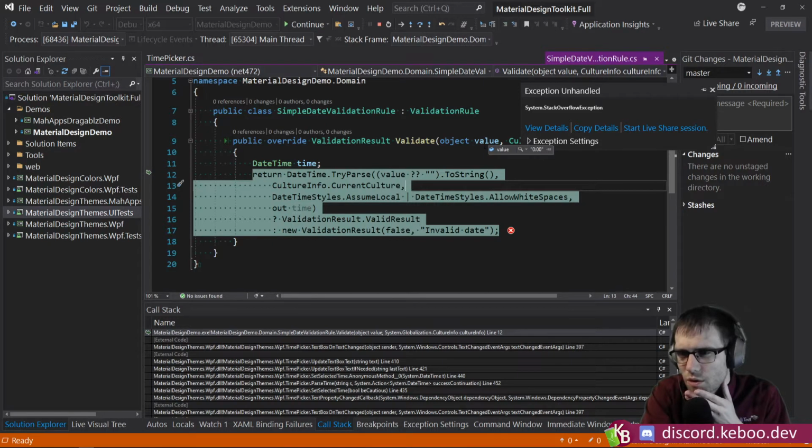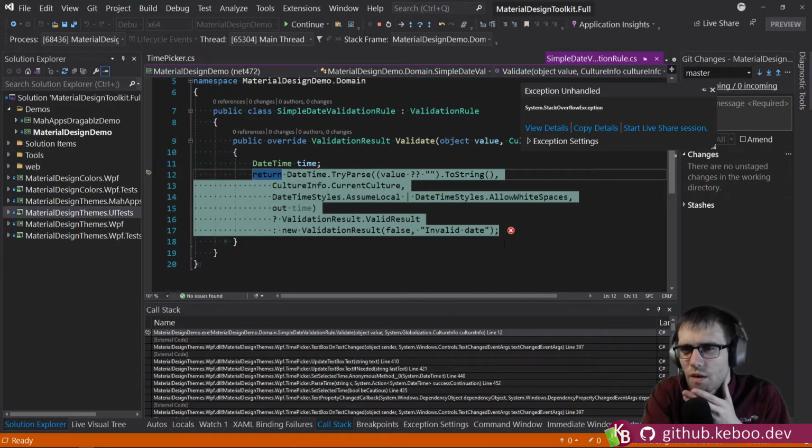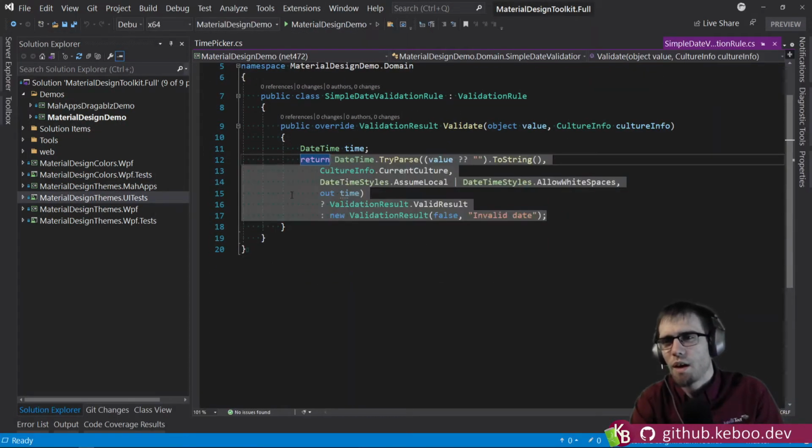And so we're at 0:00, right? We try to parse the value. If the try parse succeeds, we return a valid result. Otherwise, we return an invalid result. And this guy here is sitting on the text changed. And so something is causing this to trigger repeatedly. So let's stop here and